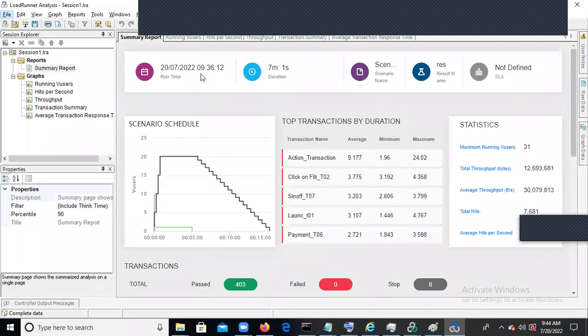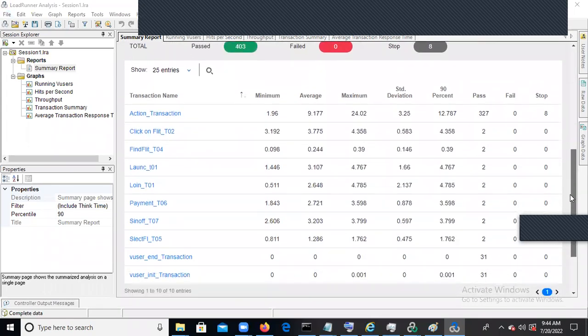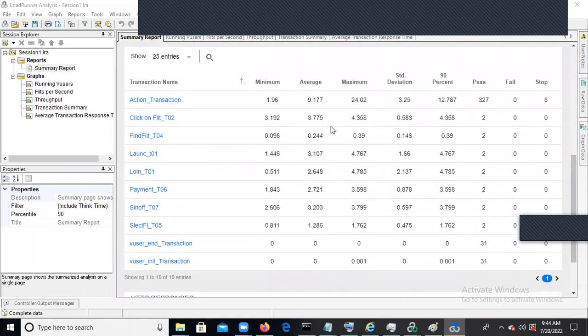This is the runtime, the total duration of the execution: 7 minutes 1 second. This is the graph, and the maximum running users were 31. Total throughput, average throughput, and total hits are shown. The major thing we need to concentrate on is the transaction response time. These are all the transactions, so each transaction